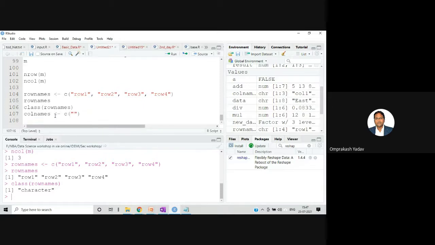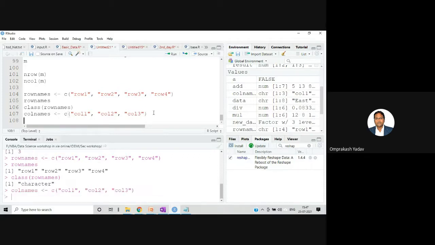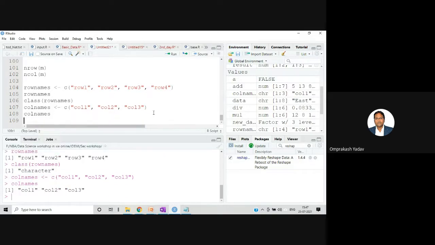Here I'll give column 1, column 2, column 3, column 4, sorry, 3 columns are there, right? Column 3. Let me execute this. Let me print column names. I printed. Row names are row 1, row 2, row 3, row 4, and column names are column 1, column 2, column 3.